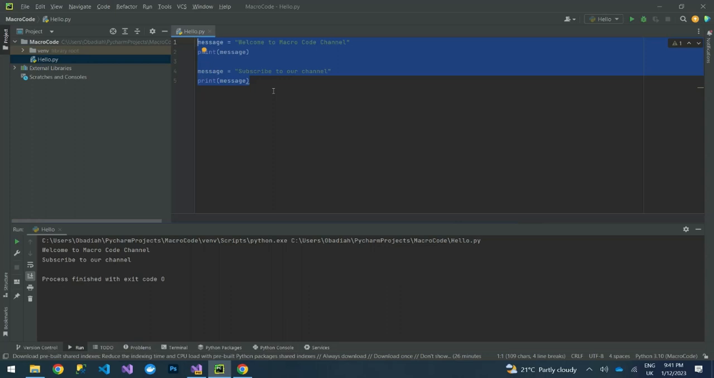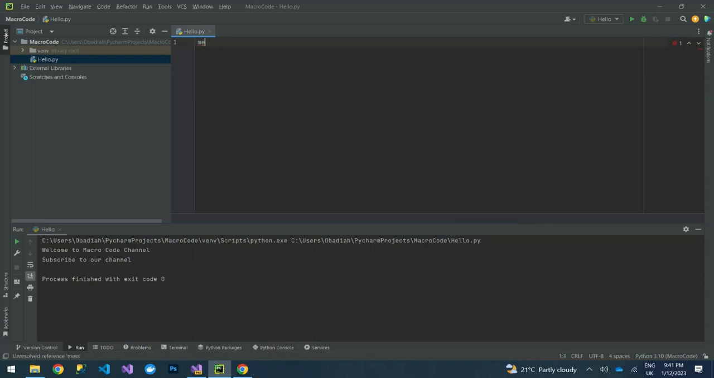The next thing we can learn is strings. What is a string in Python? A string is a series of characters. In Python, anything inside quotes is a string, and you can use either single or double quotes. For example, we can use our variable message and assign to it anything in double quotes or single quotes, which is a string. You can say "welcome to macro code",